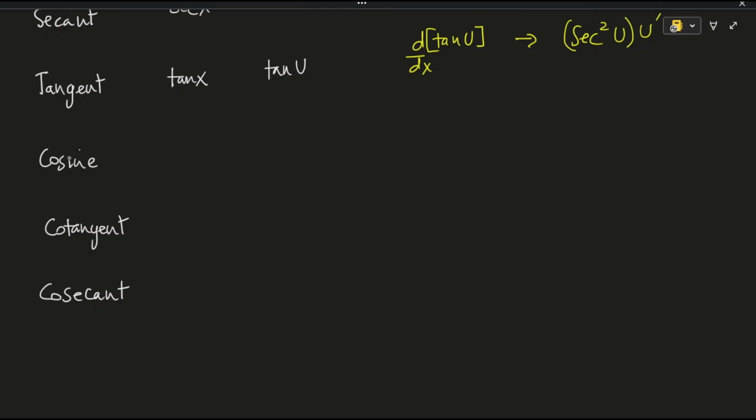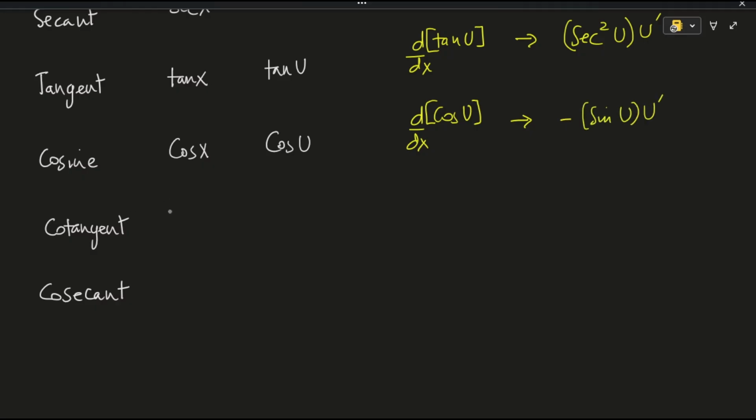for the trig function cosine, and when it takes the form cos u where u is a function of x, then the derivative with respect to x is given as